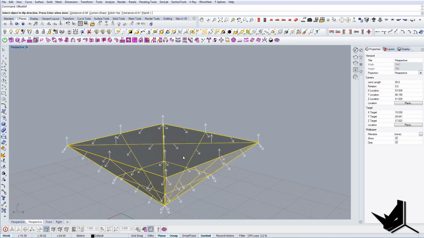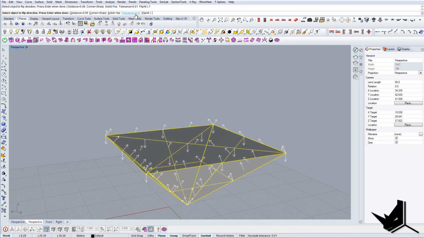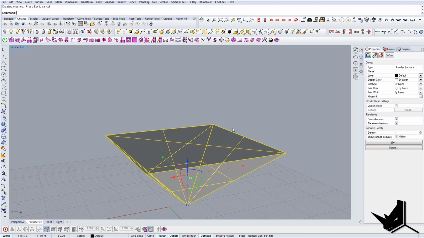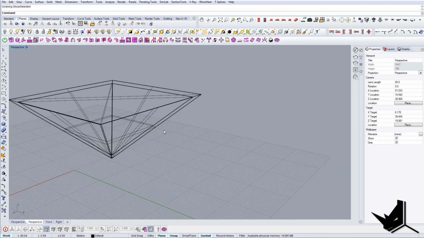So I'm gonna do the offset surface, I'm gonna flip it inside, and I'm gonna say that I want this to be solid. Distance would be, let's say, 0.5. And once I click one more time, you will see that I have now double layers there. So once I have this